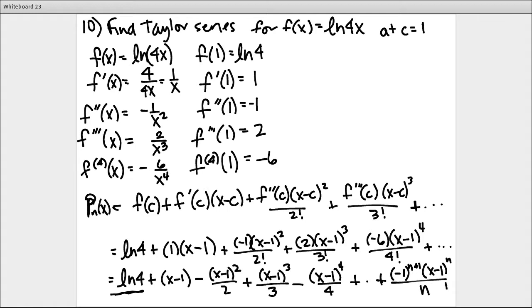and that's your general term. So I changed that to n plus 1 because I'm ignoring this first constant because it doesn't really match anything else, and that's okay. It's not a big deal if the first term doesn't match the rest of the terms. But if it's weird like this, see, there's no way to get the natural log of 4 from it. So it's like the natural log of 4 and then plus the rest of this. But notice that as soon as I plug in a 1 into n, I need a positive in front of there, and I need the negative when I plugged in a 2, which is why I chose the n plus 1 exponent on the negative 1. Okay,